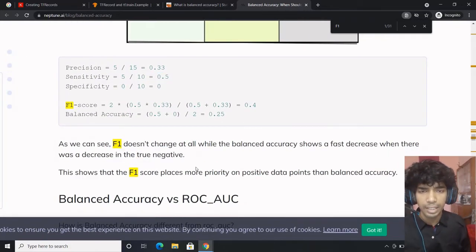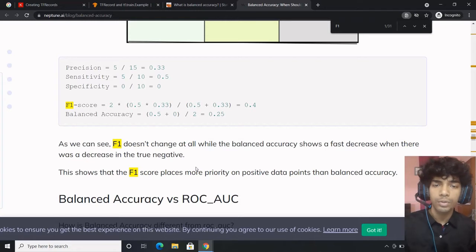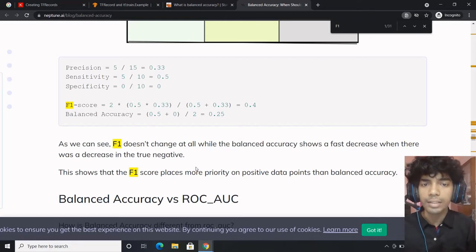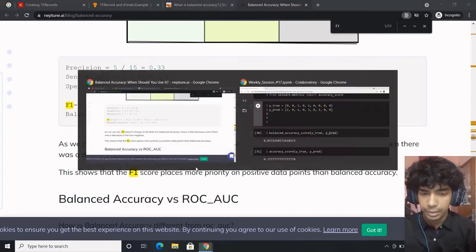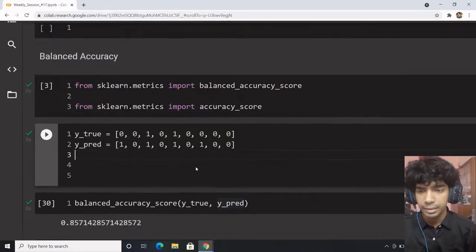So F1 score is actually quite good in cases of fraud detection, or when you are dealing with something wherein you are overweighing the positive classes compared to the negative classes. In those cases, it is an extremely good metric. I think this clarifies and explains the topic to a great extent.